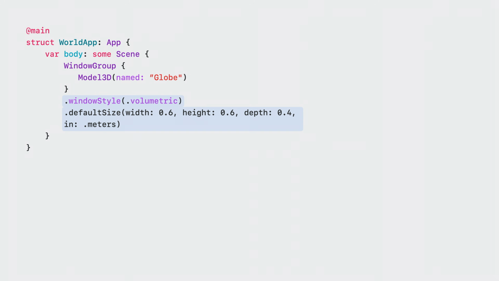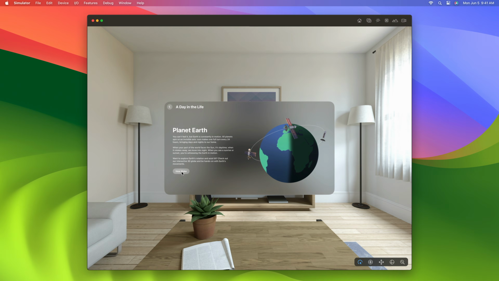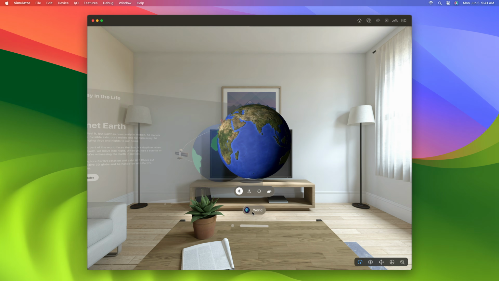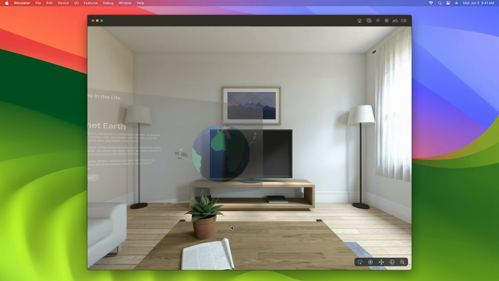Let's look at this running in the simulator. When the application is presented, the volume is placed in front of the person. This volume has the dimensions we specified along with the platform controls. The application title bar, which displays our app name, making it easy to identify which app this volume belongs to. The window bar, enabling the volume to be positioned, and the close button, suspending the app when tapped, closing the volume.